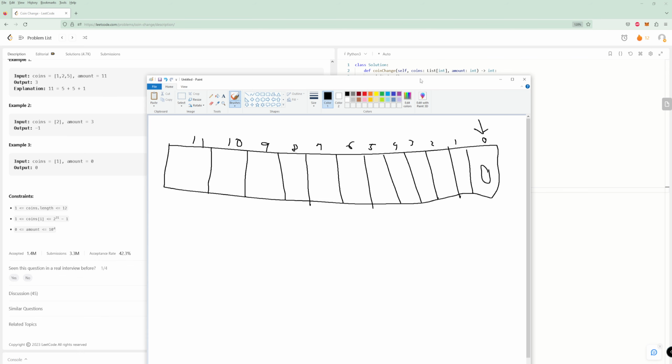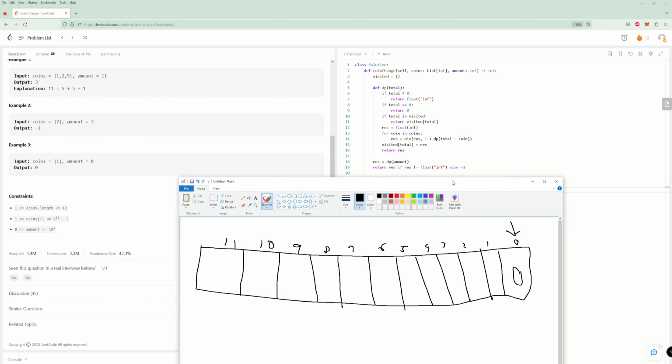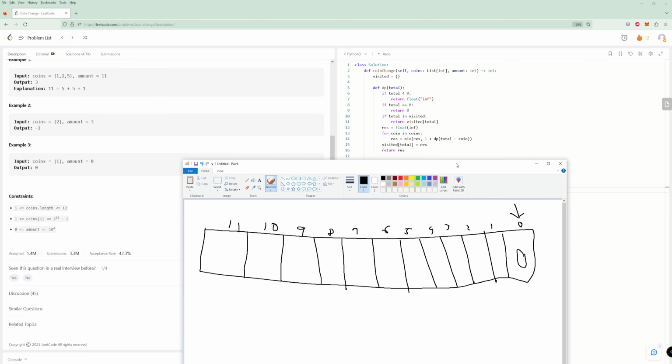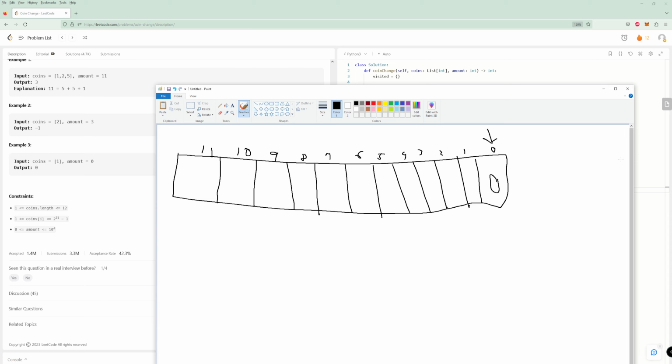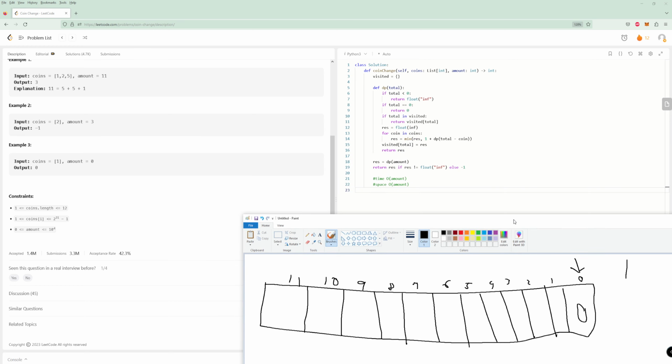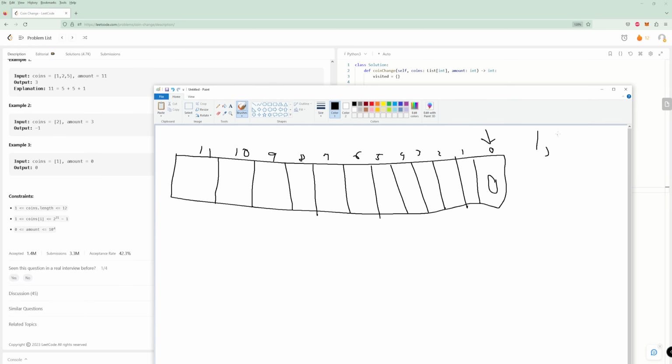So then we just look at what we are doing in our memoization, and then we kind of want to try to mimic that in our bottom up. So in our memoization, we are looping through the coins, and we are just trying to get the minimal output here. And so we can do the same thing. So let's say our coins is, what was it? It was 1, 2, 5, right? So always in the bottom up, you're going to want to start with the base case, and then you're going to want to fill out this array going backwards from the base case. Unless your base case is here, then you're going to want to fill it up the other way, but here it's not. So what we're going to do at every index is we're going to try to add these numbers to the index,